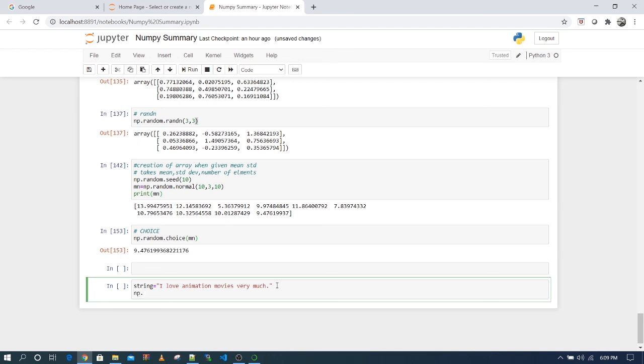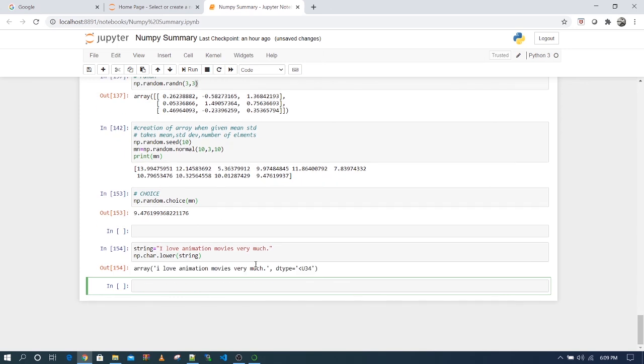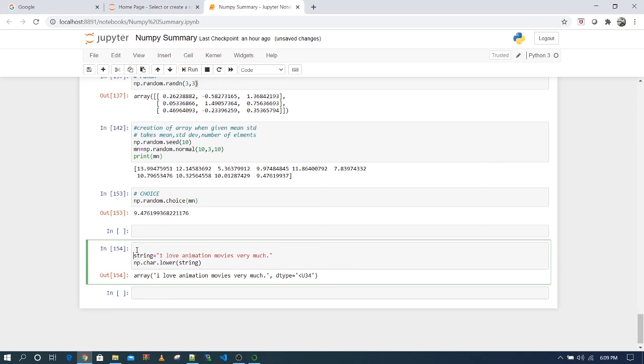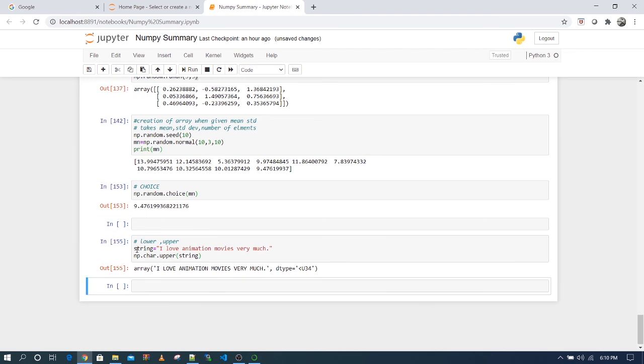I will call numpy, then char, and then the lower function, and then I will pass this string, so it will convert all the elements into lower case. So I have the lower function, and the upper function for uppercase, as you have studied in Java or in other programming languages as well. These are the basic functions which you can perform on a string.